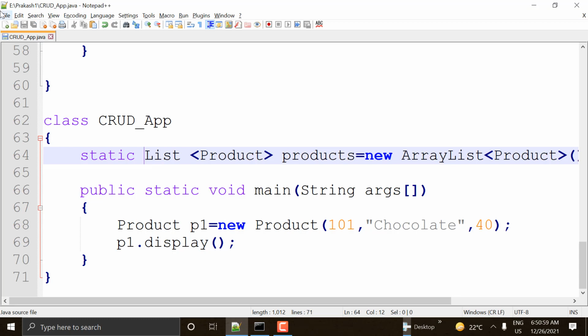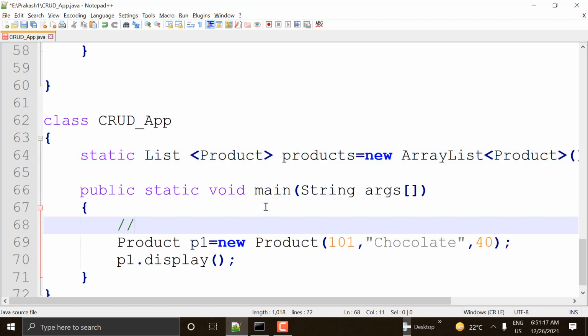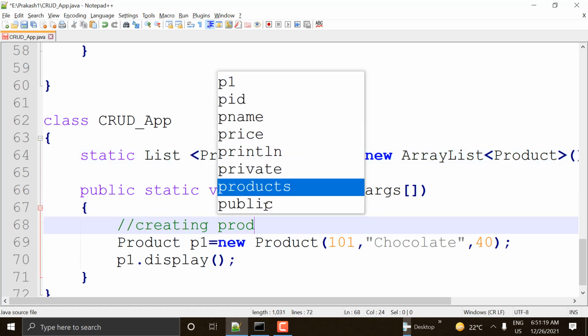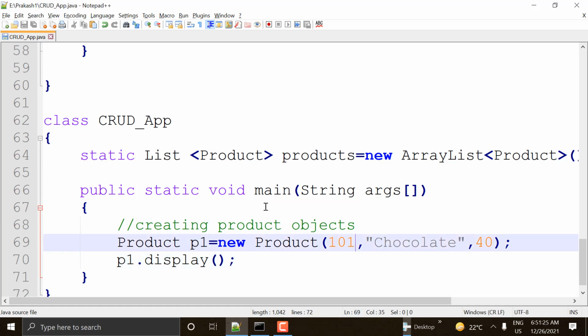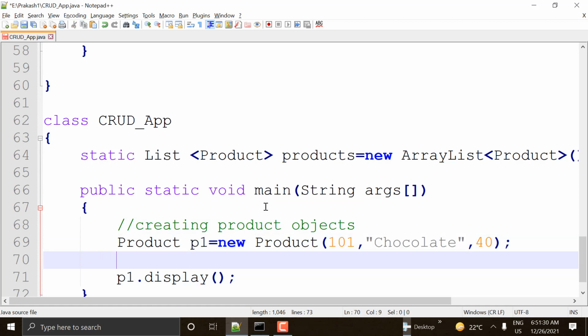Okay, so let's save it, guys. Yeah, already saved. Okay, so now what we are doing is, let me add 2 more products like this, and we'll add all these products to the collection called products, collection object called products. Okay, how to do this? So what are we doing here? Creating product objects, I mean product class objects. So P1 is okay, and P2, like this. I'm adding 2 more products right now,